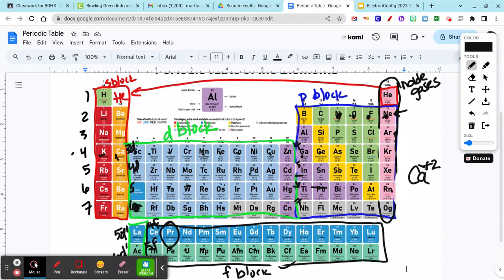Let's do 1s2, then 2s2, 2p6, 3s2, 3p6, and then 4s2. Now, if it's a positive ion,